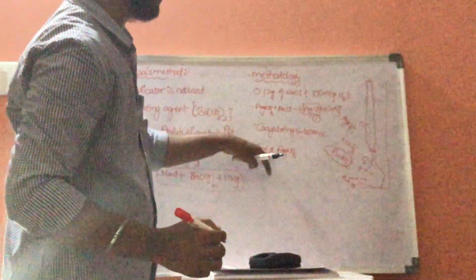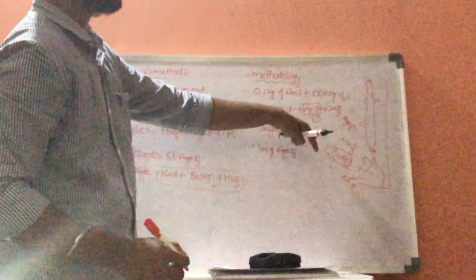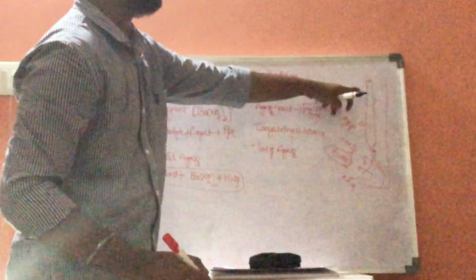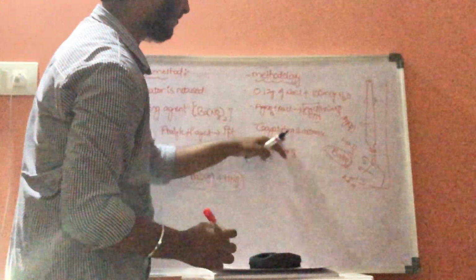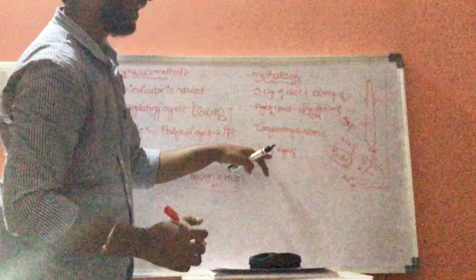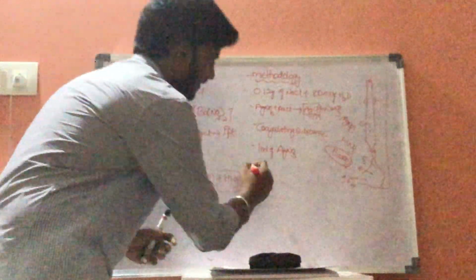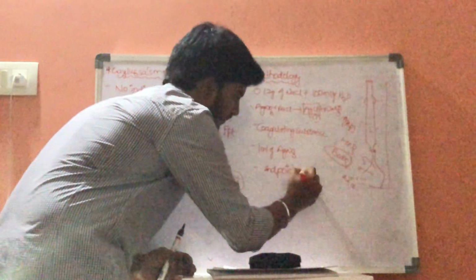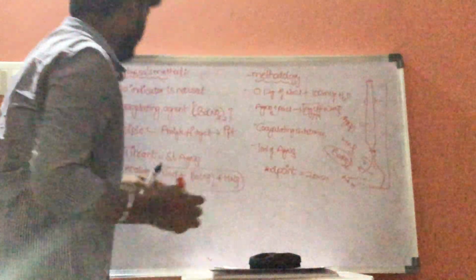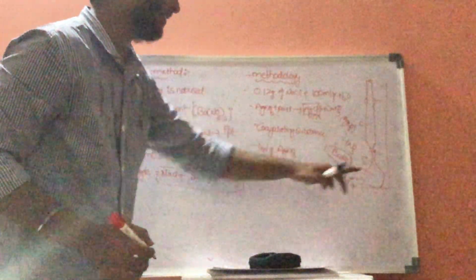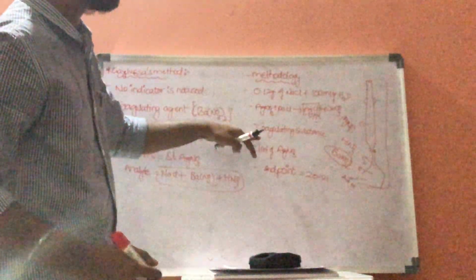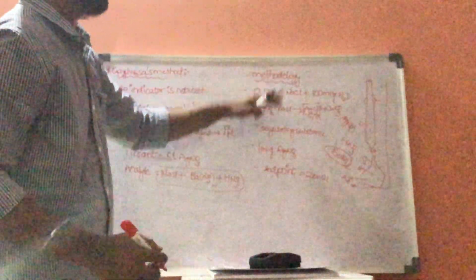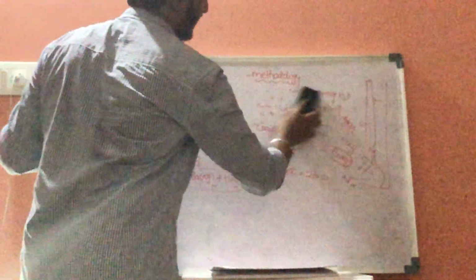If after adding 1 ml of AgNO3 there is no formation of coagulating substance, then we should note the readings in this burette. If there is no formation of coagulating substance after adding 1 ml the second time, then the endpoint will be at 20 to 21, because first we took 20 ml of NaCl, and next we have added 1 ml of AgNO3, so it becomes 20 to 21. This is the first method. Next, coming to the second method.